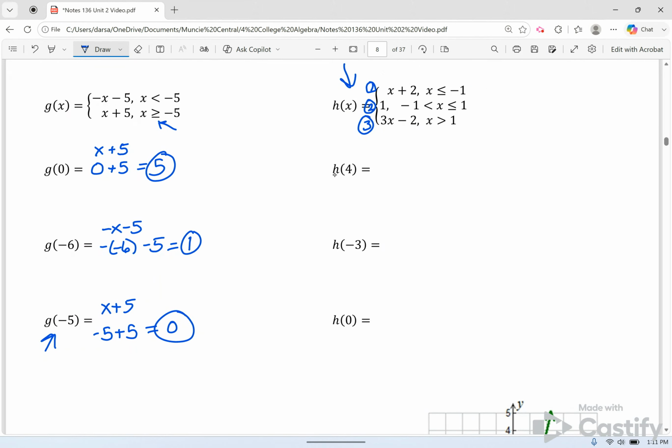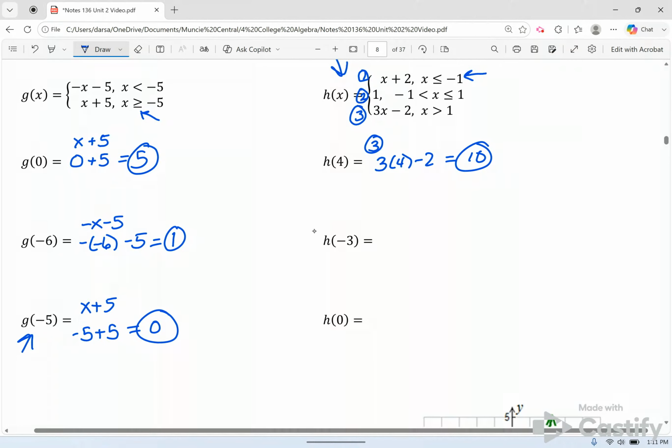So let's look at our first example, h of 4. 4 is greater than 1. So 4 belongs in this set of numbers, so we will plug it into equation 3. So 3 times 4 minus 2, our answer here will be 10. H of -3, -3 is less than or equal to -1, so it's in this first set of numbers. So we're going to plug it into equation number 1, which is x plus 2, so -3 plus 2,